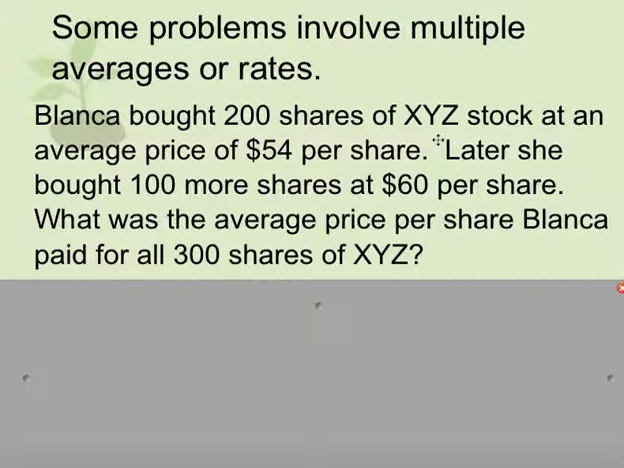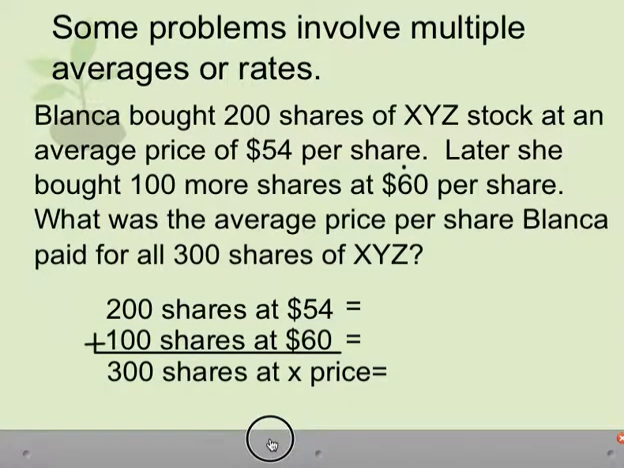Blanca bought 200 shares of XYZ stock at a price of $54 per share. Later, she bought 100 more at $60 per share. What was the average price per share Blanca paid for 300 shares of XYZ? Now, the tempting one is to just say, oh, I want the average between 54 and 60. Unfortunately, we can't do that because she bought different amounts of each at these different prices,